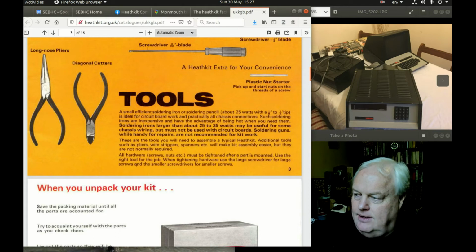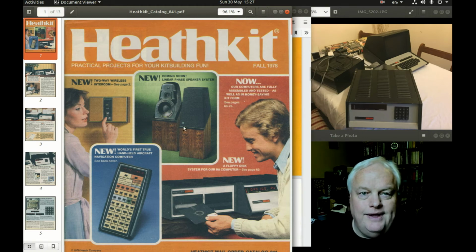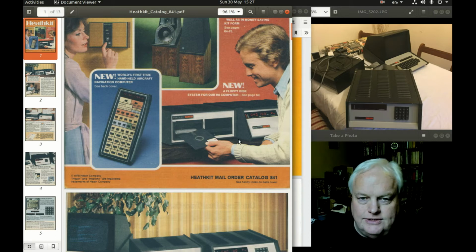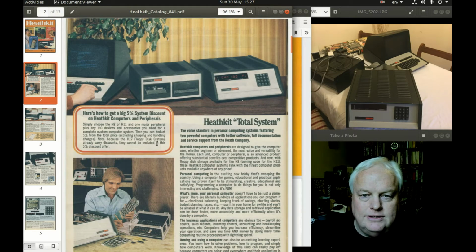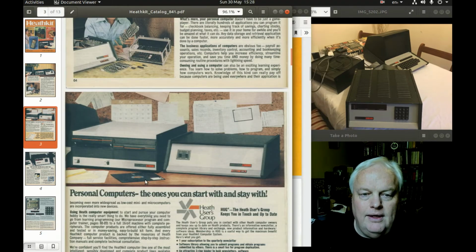If you hadn't gone that way and you'd have done the catalogue, as possibly from the video, then you would probably have ended up with a Heathkit catalogue. This one's an American one from autumn, for the British reader, 1978, but it features the H8 on the front and its H17 drive. This is a twin drive system, obviously. So they provide everything, and you may recognise the colour version of the photograph with the H11, which is the 16-bit PDP based machine,